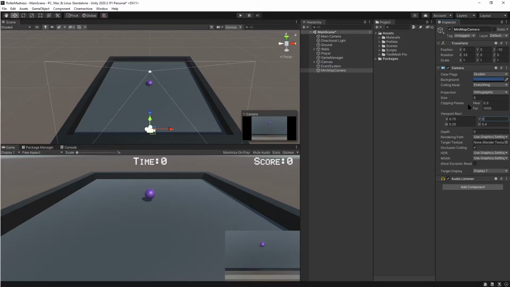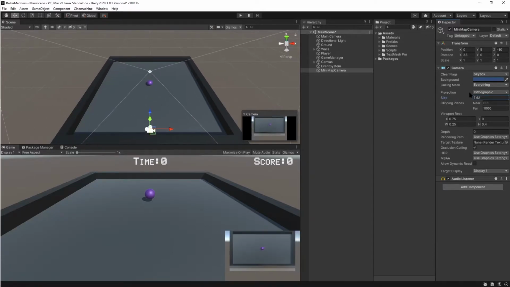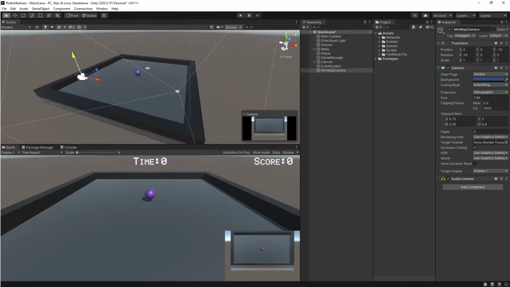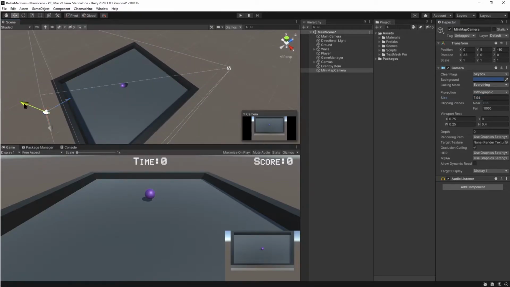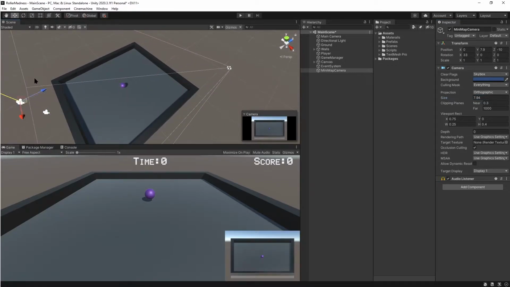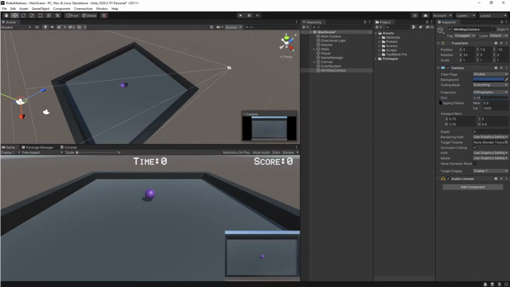Also, I'll change the size of my camera a little bit. You can change the tweaks according to yourself and your game.